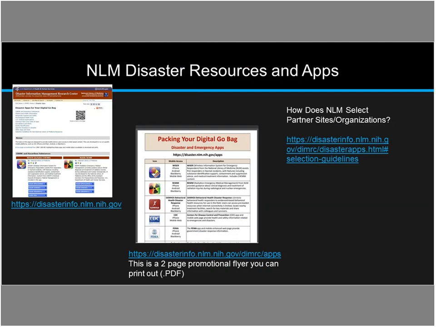The National Library of Medicine is a leader in global disaster preparedness and response. The tools on this slide are designed to provide mobile device users access to web-based content. One thing that I haven't said previously is that NLM has apps already developed. A lot of the disaster resources and emergency preparedness information is in the form of apps